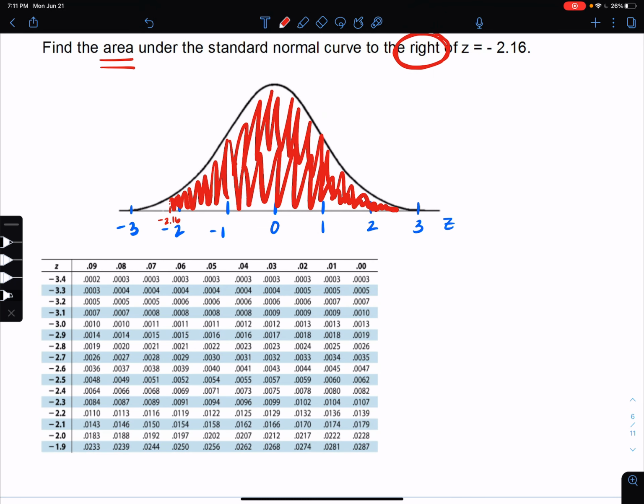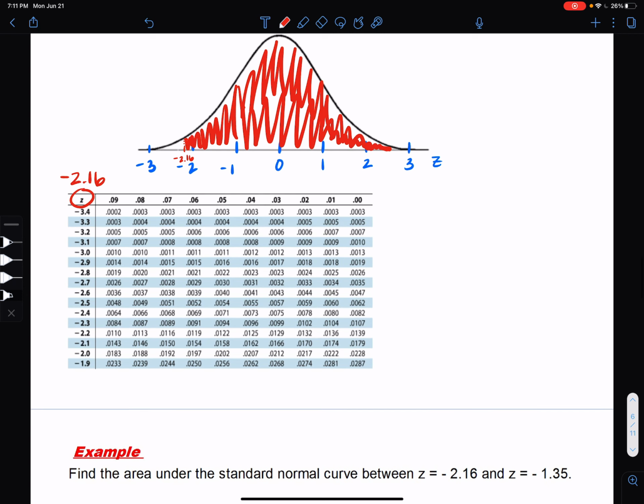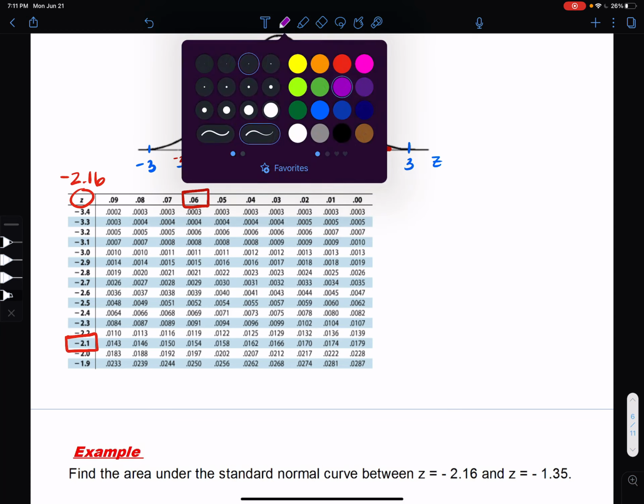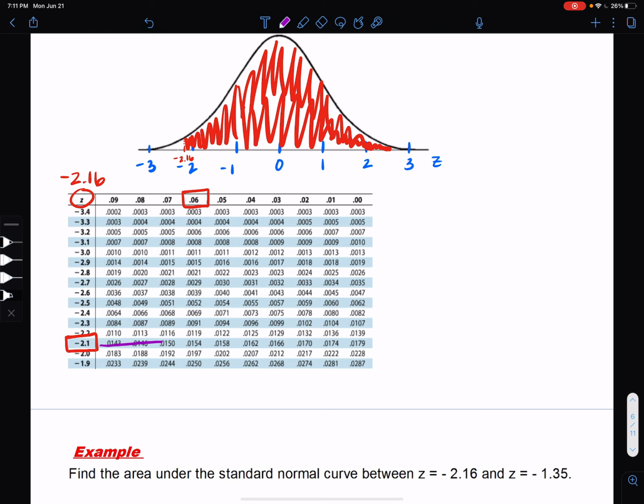All right, now, I'm going to take my z-score to my table, just like I did for the other cases. I'm going to look it up to 1 decimal place first. That'd be negative 2.1. Second decimal place across the top would be a 6. And where those two things intersect, here's where you want to be careful. The table always gives me the area to the left. In this case, that would be